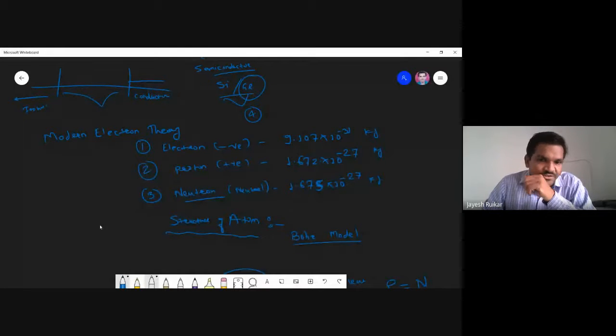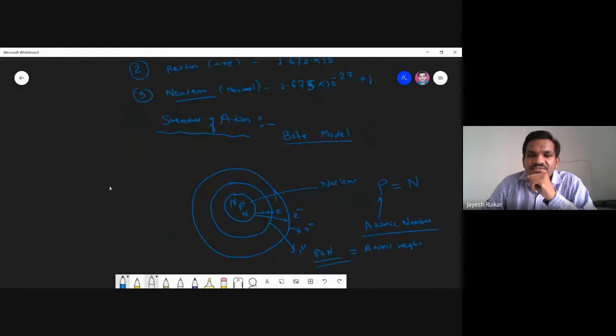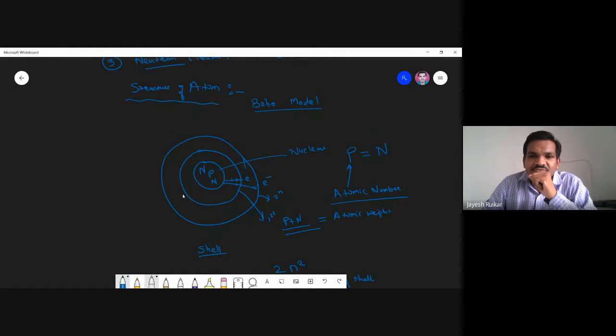Then we have talked about the structure of the atom. In the structure of the atom, we have the nucleus, and along with the nucleus, protons will be there, and electrons start revolving around the orbit. It is a circular motion, so it possesses a centrifugal force. That equation will be there, but I'm not going into it. It has a particular structure: how many electrons should be there in the first shell, how many in the second shell, has been defined by Bohr's model, which we have already seen.